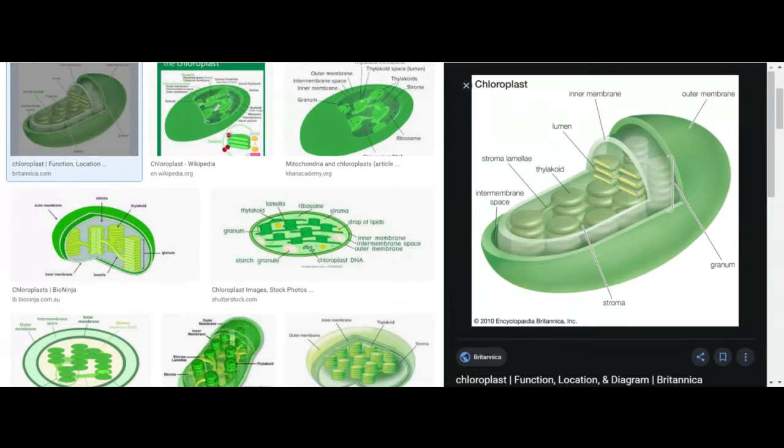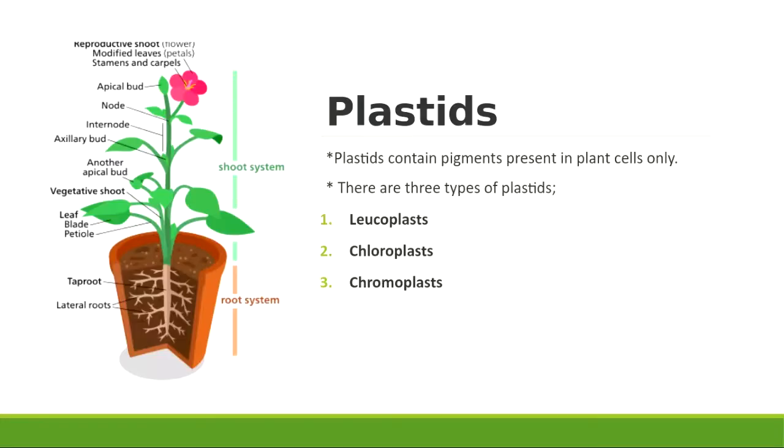Okay, so let's come again to the presentation. What about the leucoplasts? They are present in the part of the plant beneath the earth or beneath the soil. We studied the plastids, and we studied that they have three main parts: the leucoplast, the white part, which is present inside the soil; the chloroplast, the green part, which is present over the